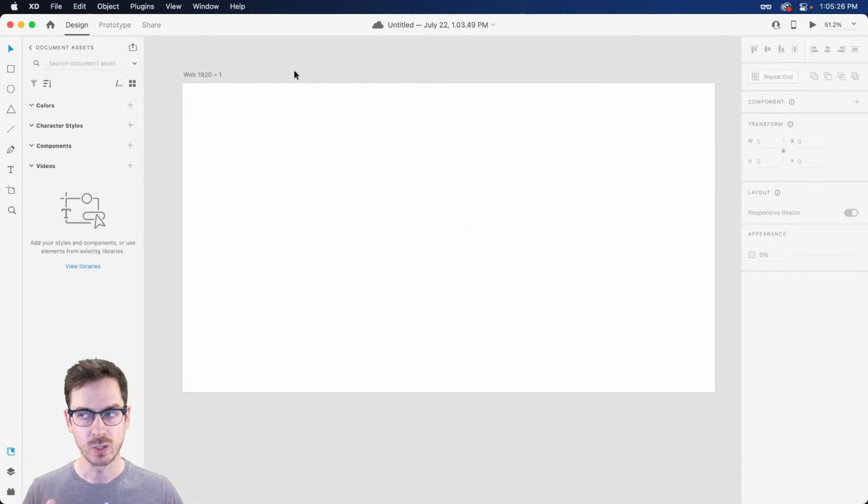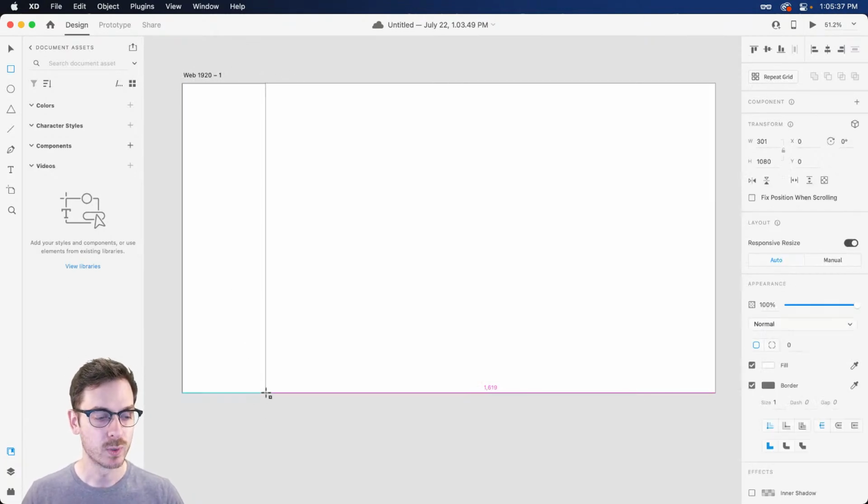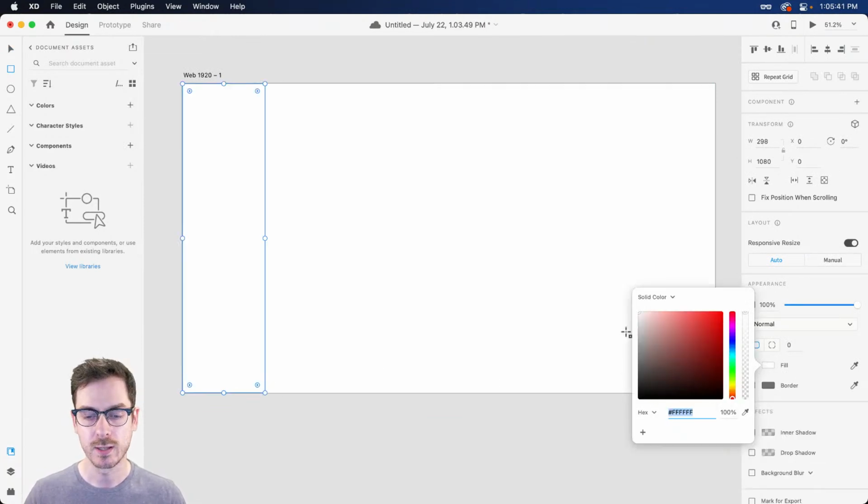All right, we're gonna start blocking things out, and as you know, rectangle is probably the best thing to use in terms of blocking things out. So shortcut key R, and we're gonna start with the sidebar on the left-hand side. And I'm thinking, there are a few ways to design a sidebar for an application like this.